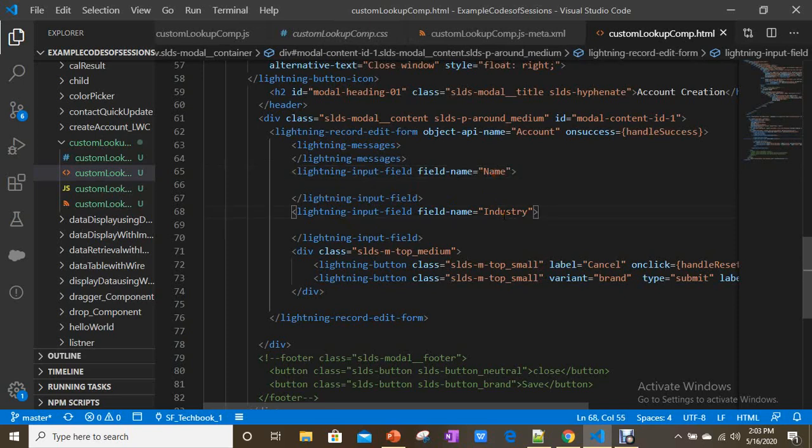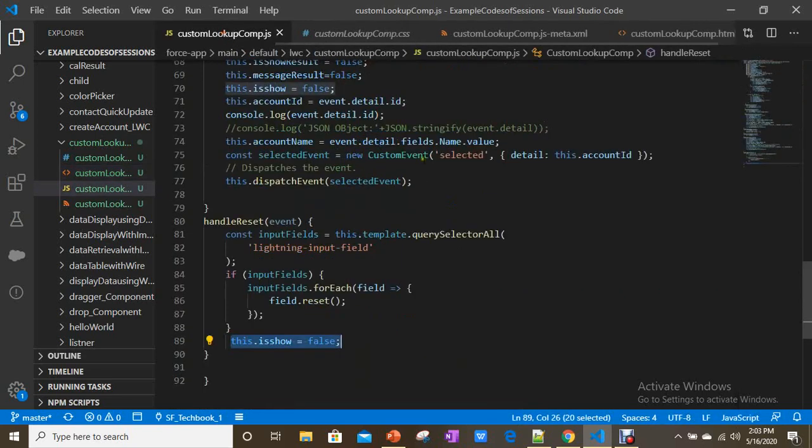To get all the fields into JavaScript, you just need to use query selector all, and specify lightning input field. It retrieves all the fields which have the tag lightning input field. Then for all fields you just need to reset the values and close the modal, so I'm making it false simply.